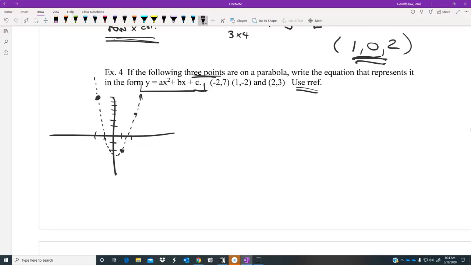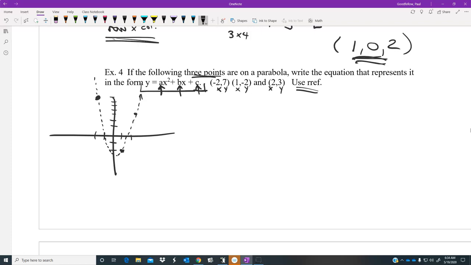Well, how are we going to come up with the equation for that? The equation is missing an a, b, and c. So we really do have three unknown variables: a quadratic coefficient, a linear coefficient, and a constant coefficient that would be necessary to write the equation. The easiest way to look at this is that every one of these coordinates is an x and a y, and we could plug in the x and y in each one